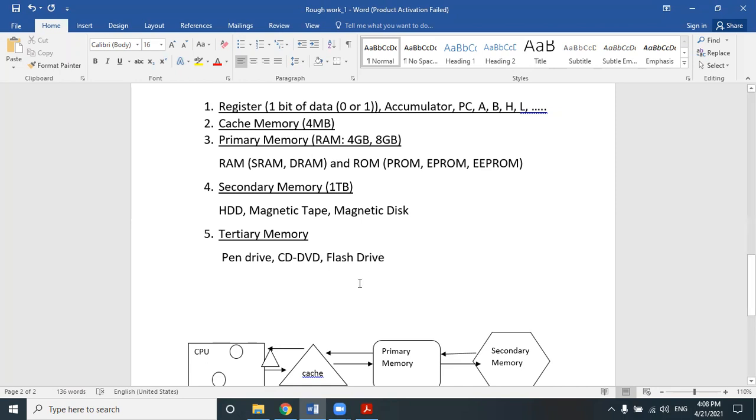The hard disk drive is a secondary device that stores data externally, and the hard disk drive or secondary memory stores the data permanently. It generally contains a large amount of data compared to any previous memory device. It is also used for storing backups of data and programs so that they are not permanently lost. So this is all about your computer memory structure. A pen drive, CD drive, flash drive, I have nothing to say.